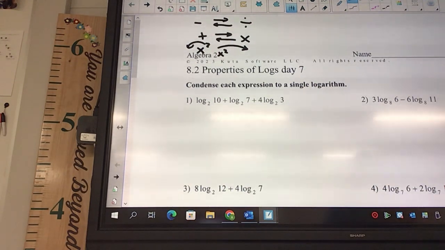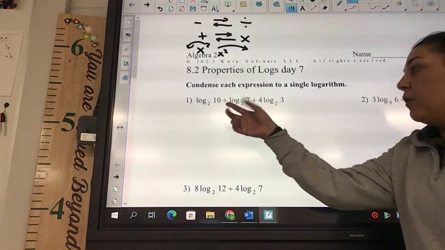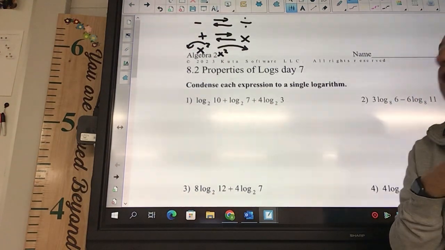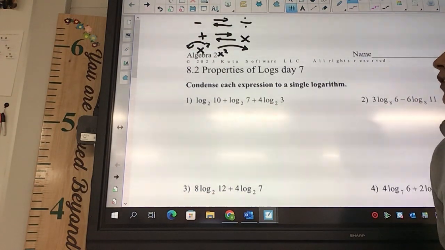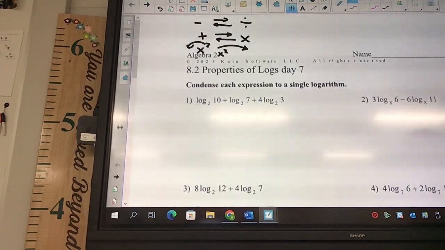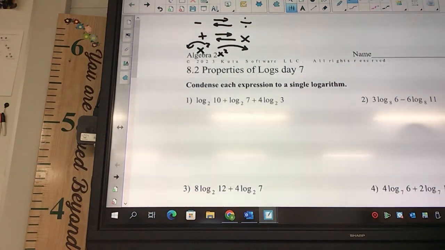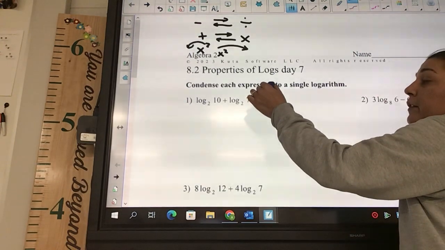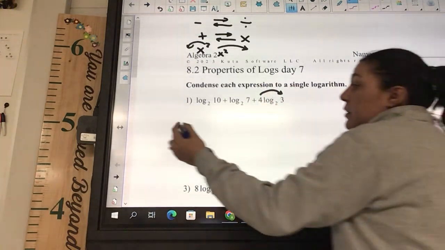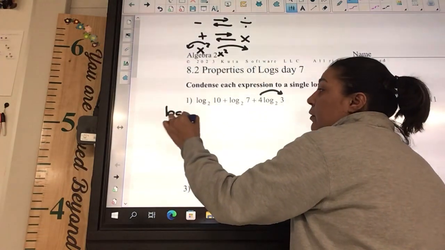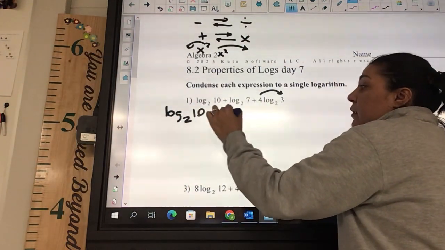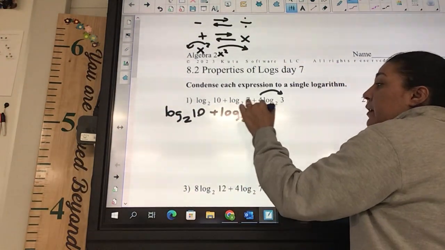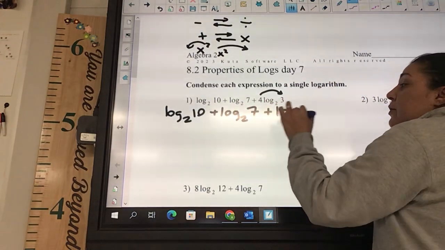So you just got to start and look at this. I've got an addition, so what is that going to turn into? Multiplication. But before you can do that, we need to move that 4. Where's that 4 going to go? It's already in the front, so it's going to the back. So this is going to look like log 2 of 10 plus log 2 of 7 plus log 2 of